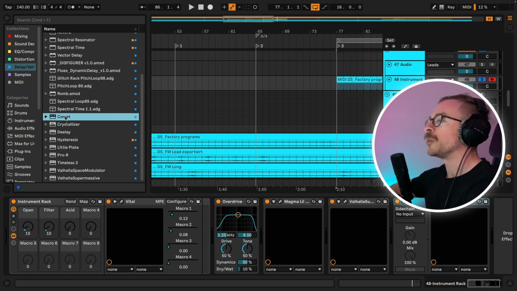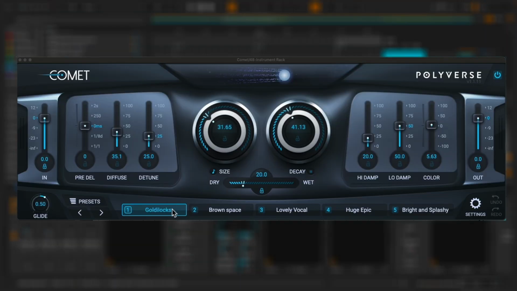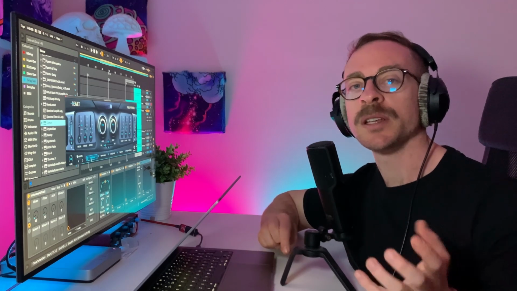Nice one. Let's add a bit of reverb. For the reverb, I will use Comet. And the reason I really like to use Comet is because of these 5 slots in the bottom here. The first time I make a lead in a track like this, I'm gonna set 5 different reverbs from a really small one to a big one,